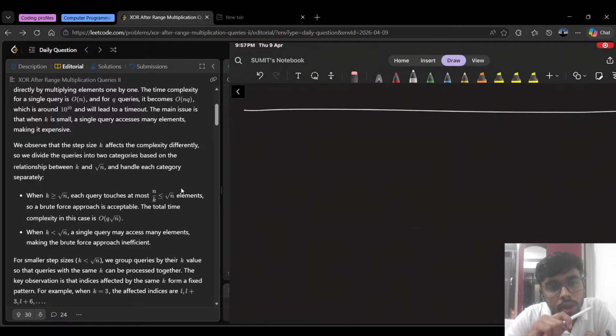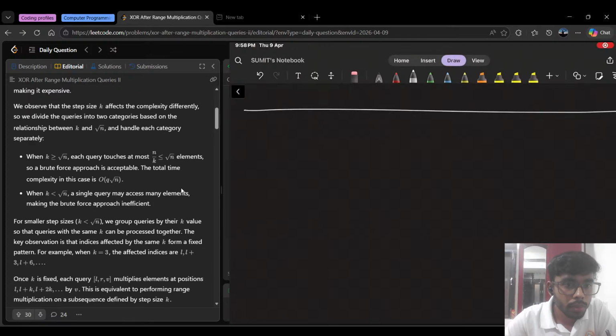We have figured out that if the size of k is very large, it will access very few elements. Now we have to deduce a relationship between k and root n and handle each category separately. So for some value of k, if k is greater than or equal to root n,